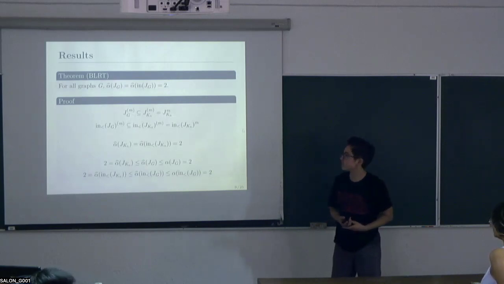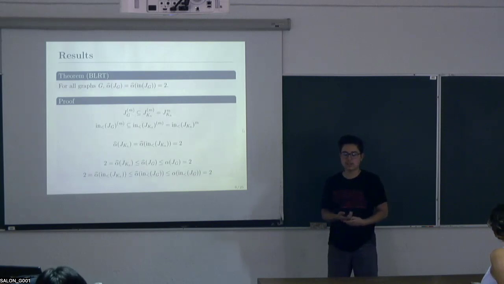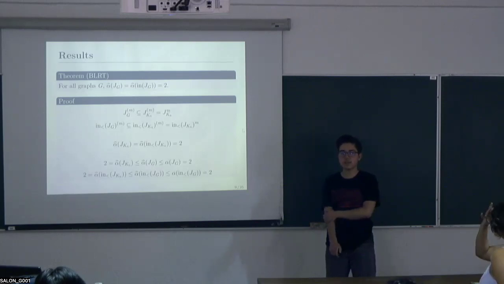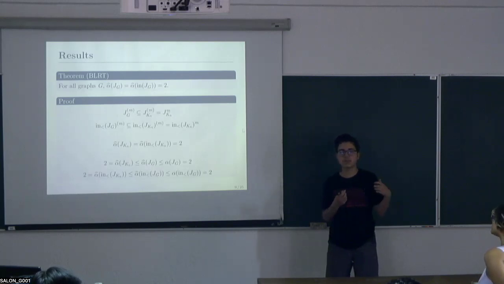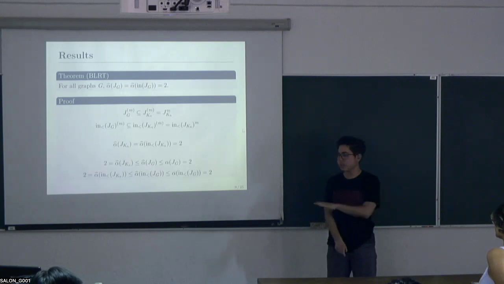The proof of this is actually quite straightforward. You can show that the mth symbolic power of any binomial edge ideal is contained in the mth symbolic power of the binomial edge ideal associated to some complete graph. And when you have a containment like this, you can say that the Waldschmidt constant of the smaller ideal is at most the Waldschmidt constant of the larger ideal. You can also show that the Waldschmidt constant of the binomial edge ideal for the complete graph is 2, and